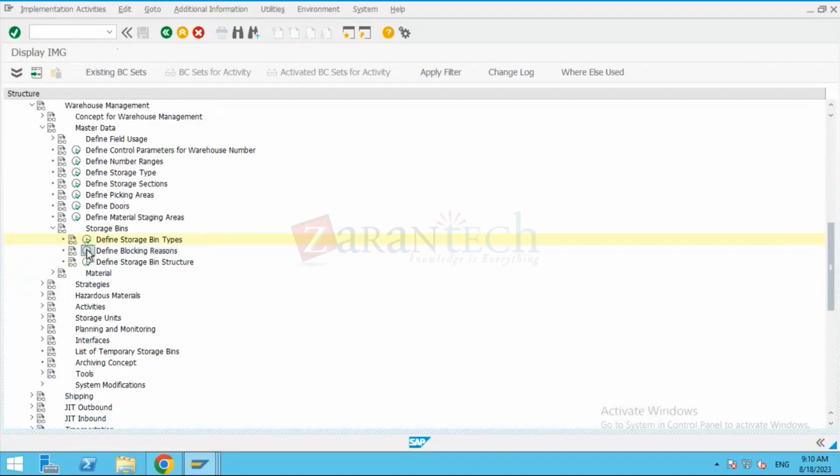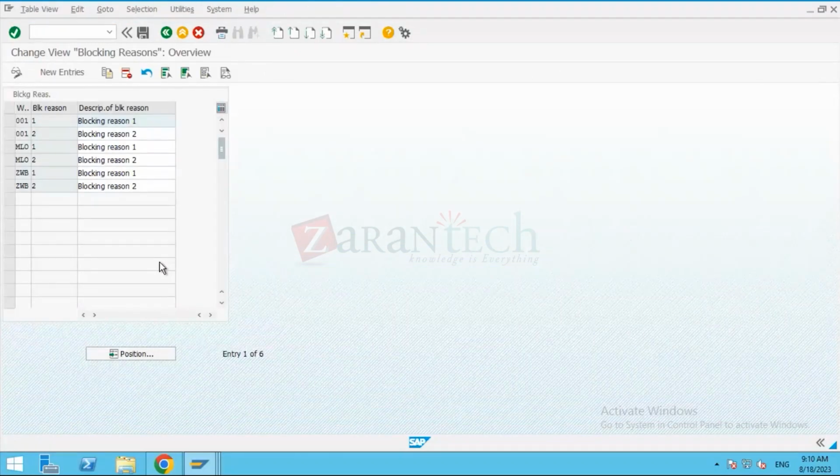Then we have the blocking reason. If you want to block a bin, I have created one test bin, so I will show that bin to you. Now to create a bin, we have a T code LS01. If you manually want to create a bin, then the T code is LS01, LS02 to change, LS03 to display. Since I've already created one test bin manually,